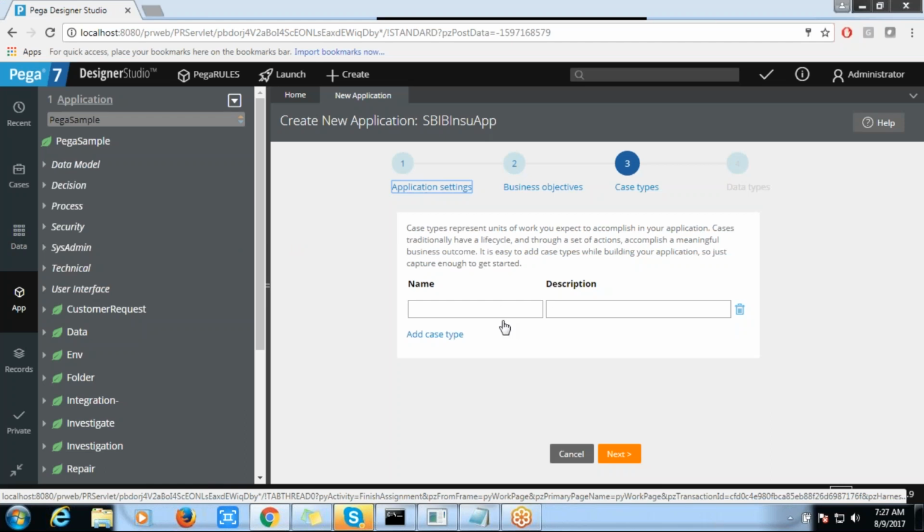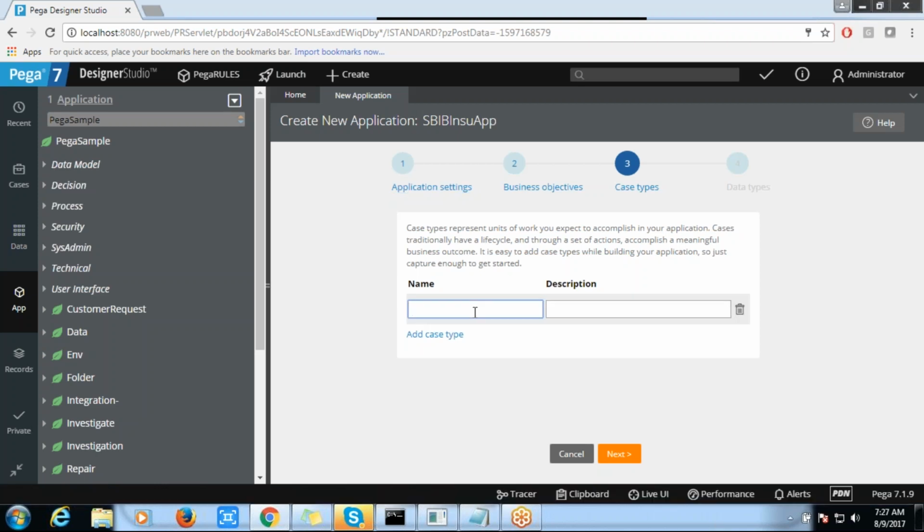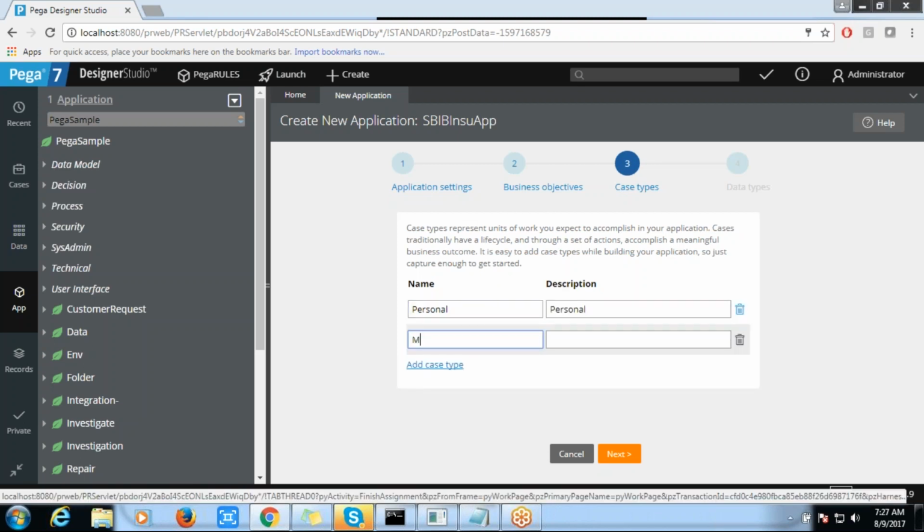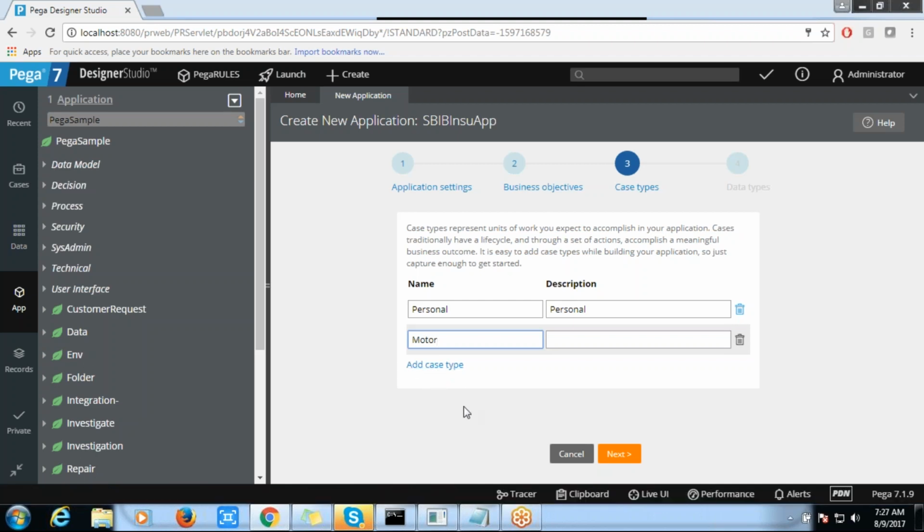If you have any modules or cases, as per PRPC terminology, we call them cases. They are called case types, and you can give them. If you have more, you can just click on add case type and add as many as you want. We are just providing enough things here, that means whatever case types are required for this application, you can just provide them.